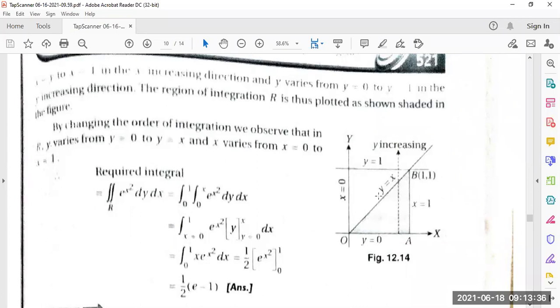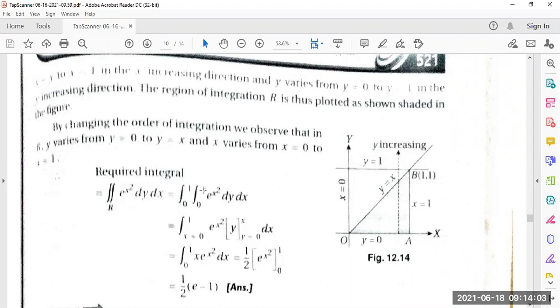In this line, final point, sir. y equal to x. No? This line is y equal to x, not the final point. Within this line, y equal to x, the value of x lies between 0 to x. y equal to 0 to x. When we take with respect to dy, here y equal to 0 and along this line y equal to x. So we are taking 0 to x.